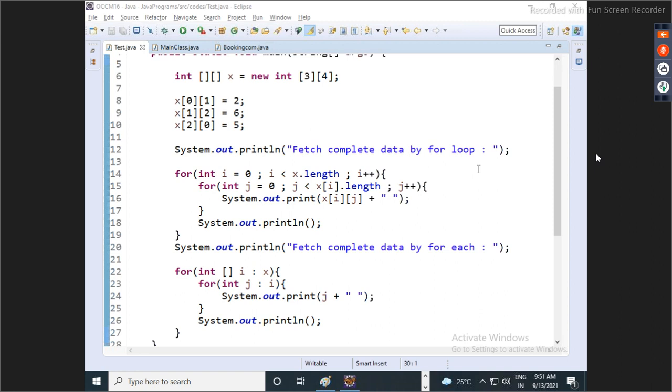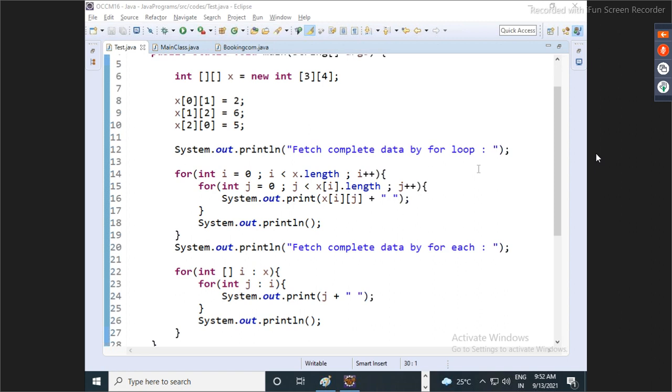Guys, done with the copy? Everyone done. Okay. So, guys, now this is all about the two-dimensional array with the new keyword.